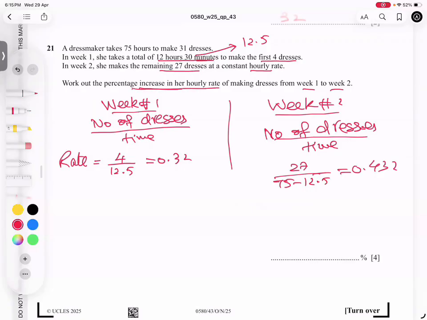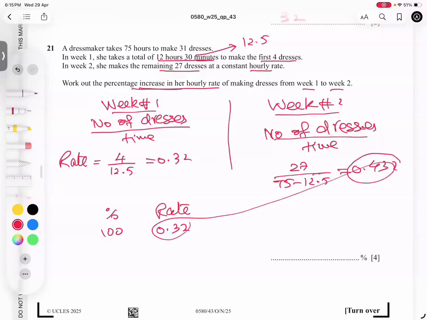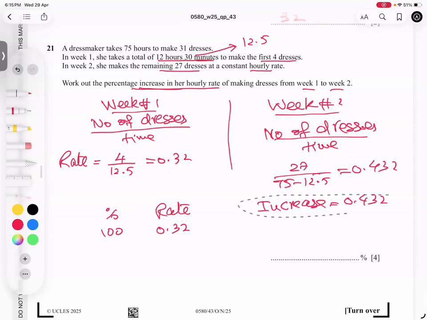So what is the increase? This is the previous week. So this week I will take as original. I'm writing here percentage, I'm writing here rate. So 100%, this I will take as 100%. And now, what was the rule here? I will find the difference of that, because I want to find the increase. How much increase, students? Increase is 0.432 minus, hold on,